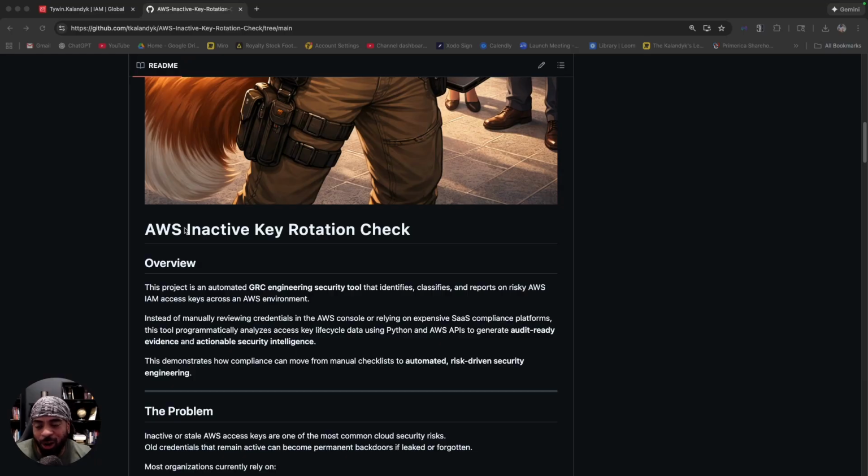This project is an automated GRC engineering security tool. It identifies, classifies, and reports on risky AWS IAM access keys across any kind of AWS environment. Whether it's a small environment or a big environment, it doesn't matter. And the time it can save, the money that it can save is kind of ridiculous, to be honest. So instead of manually reviewing credentials in the AWS console or relying on expensive SaaS compliance platforms, this